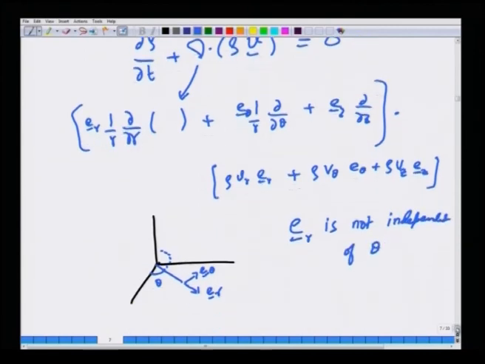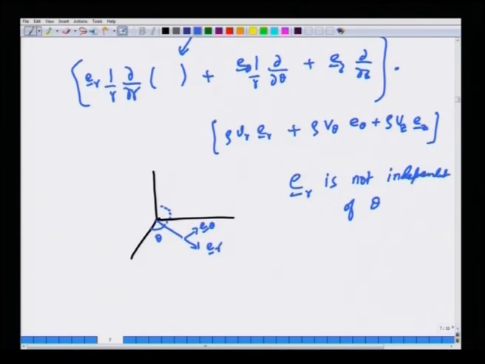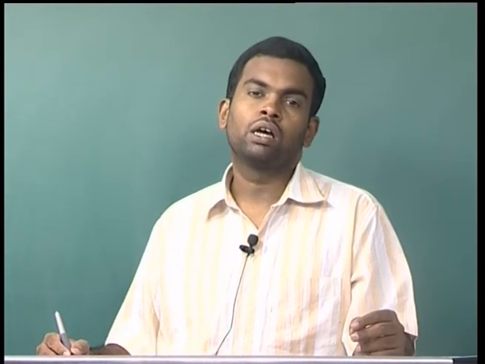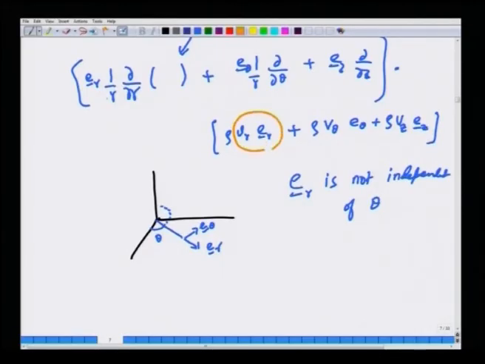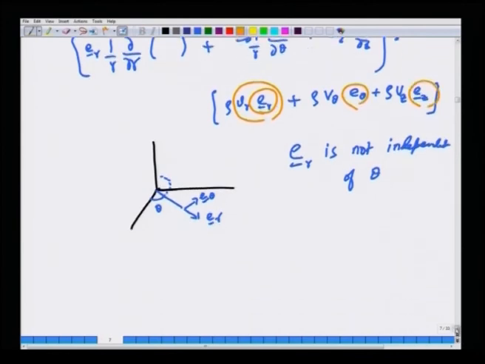So this is a very generic feature in curvilinear coordinates, wherein the unit vectors will change direction as you go along a given coordinate direction. Unlike in Cartesian coordinates, where the unit vectors i, j, k always point in the same direction no matter how you vary x, y and z, that is not the same here. So the crux of the matter is that when you take the divergence, you must take the divergence not only of v_r but also of e_r, e_theta and e_z,